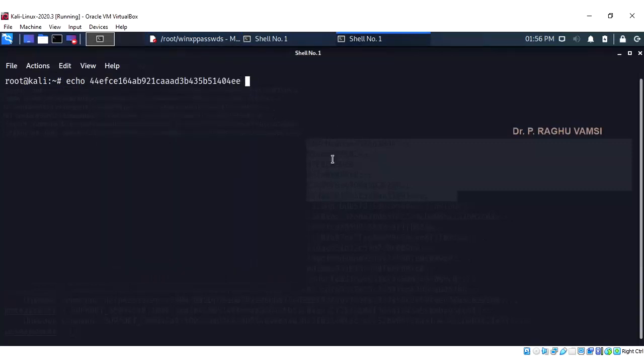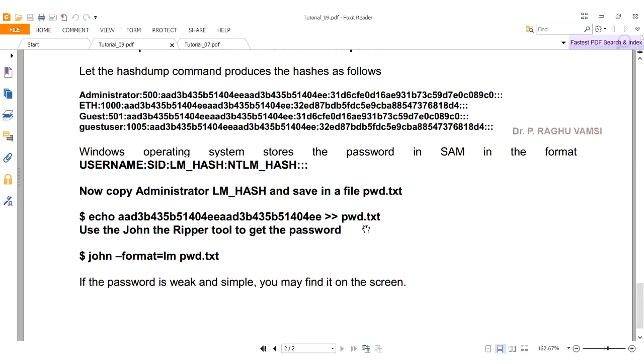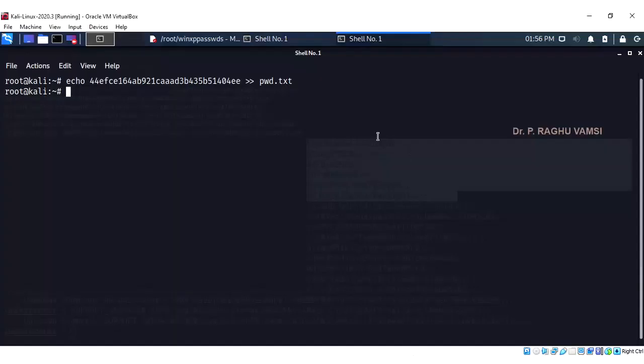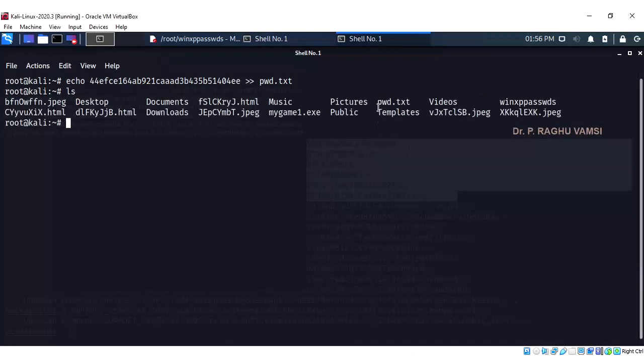This one is to be echoed into password.txt. So now the password.txt contains this hash code. Now the next step is to see whether this password.txt is created or not. Yeah, here password.txt is created.